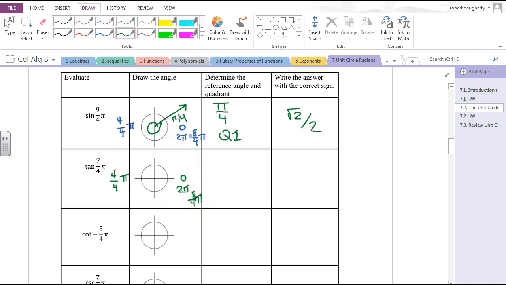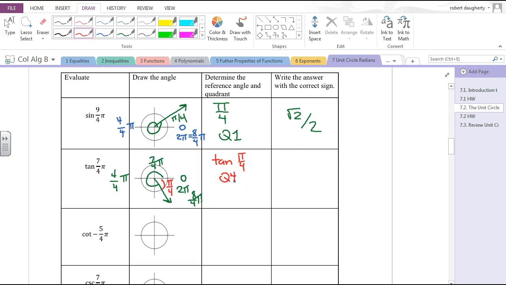Now I need to figure out 7/4 pi. Is it closer to 4/4 or is it closer to 8/4? Well, it looks like it is just shy of reaching 8/4. So this is 7/4 pi, and it looks like it is just short of 8/4, which is a full revolution. So that means that this reference angle is just pi over 4. So I need to find the tangent of pi over 4 and adjust that to whatever the value will be